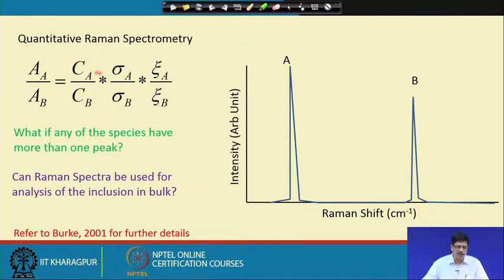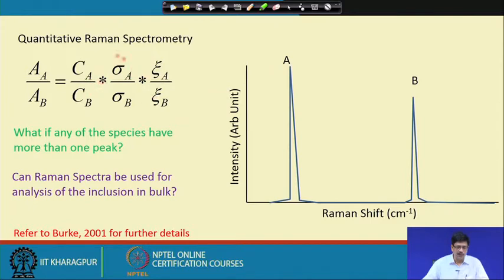This is also possible if we have the Raman spectra. Say, for example, here A and B are the peak positions of two species. Let us say A is methane and B is carbon dioxide. So, is it possible to have some idea about the proportion in which they are present? Some very simple, although here we see there are 3 or 4 parameters. The A stands for the peak area of A and B. So, C is essentially the concentration of A and concentration of B.